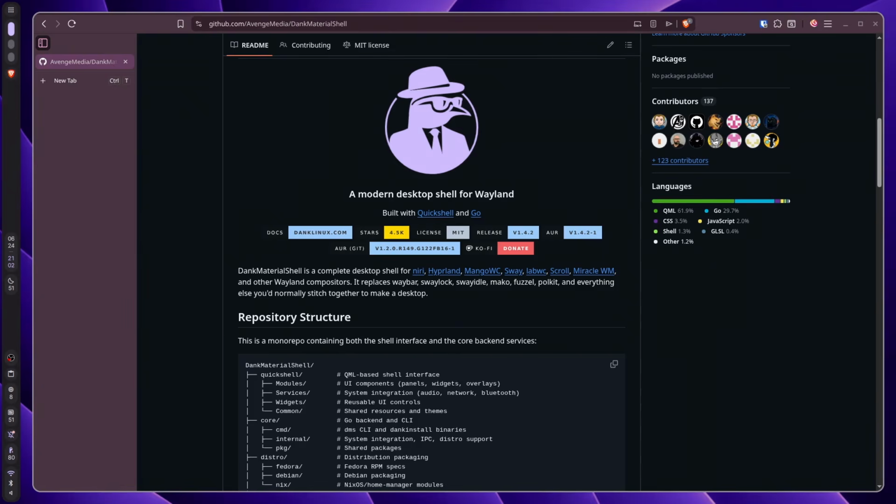Hey guys, today I'm going to be showing you how to install Dank Material Shell on the Niri window manager. The installation is just one command, it's on their GitHub, and I'll leave the link in the description. The command supports the big three distros like Arch, Fedora, and Debian, so if your distro is based on that,